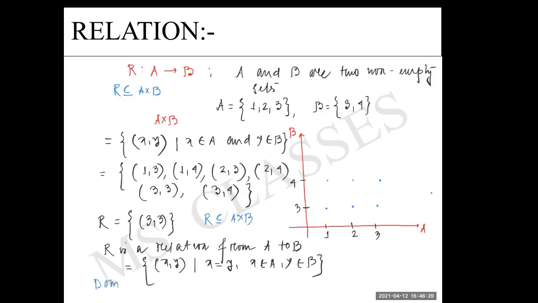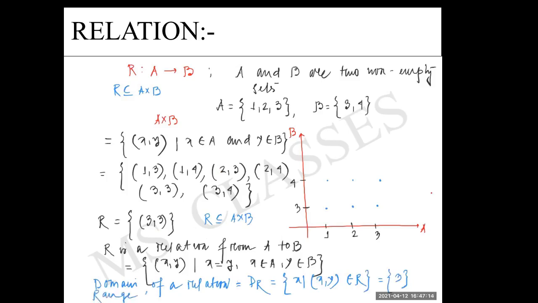Domain of a relation. Now, what is the meaning of domain? We denote it by D(R). Now here we take all those elements which are the first element of the ordered pair in the relation: x such that (x, y) belongs to R. All the first elements if you take from the ordered pairs, they will give you the domain. Like in this case, what is the domain? The set containing 3. Here only I am writing range because if I take it on the next page, it will be difficult for you to understand.